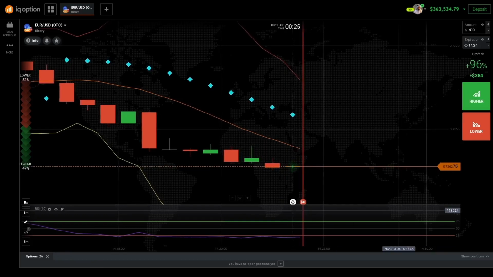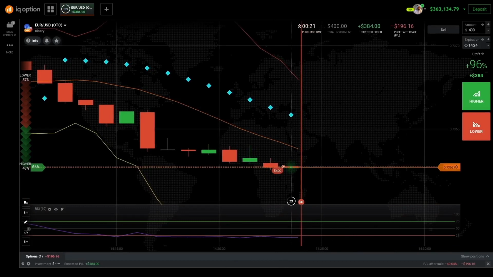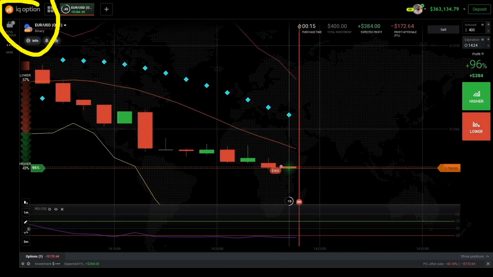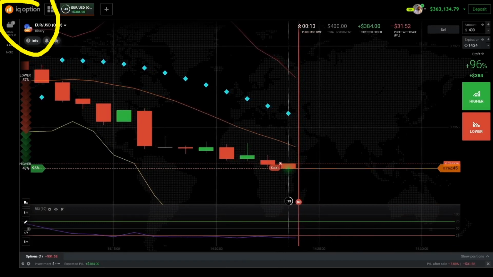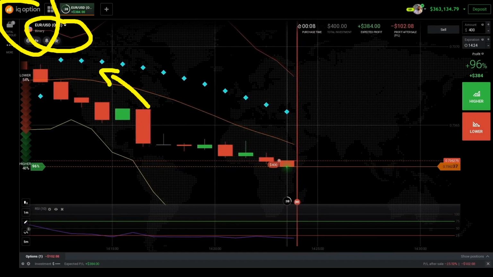All right, guys, let's open another trade. So here I'm sharing with you another trading session, of course, on IQ Option. As you can see, guys, I'm trading on IQ Option with Euro USD as usual. I like to stick with Euro USD. I'm trading